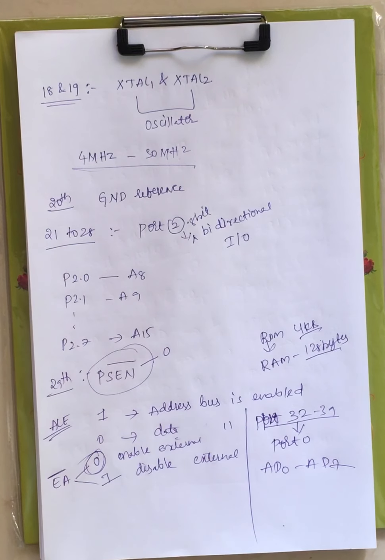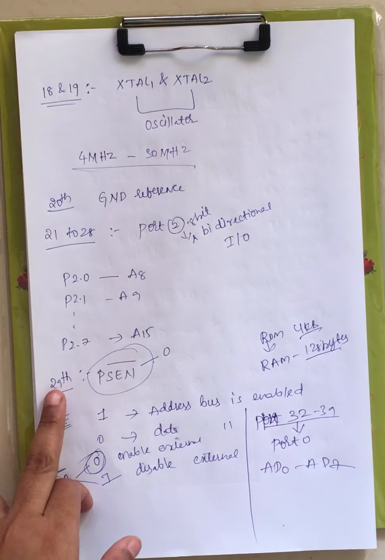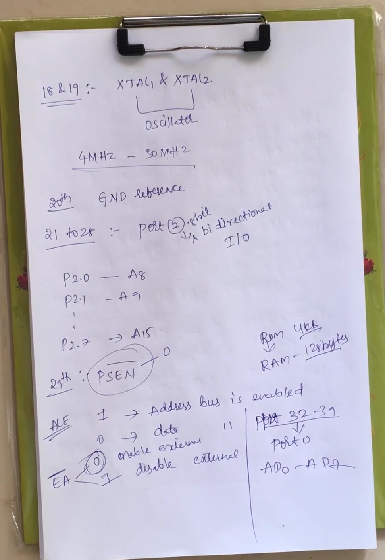Pin number 21 to 28 are given to port 2, right? It is an 8-bit port, and it is also a bidirectional port. In addition to input output function, it can carry higher order address. That is, the special function allotted to port 2 is higher order address lines, that is A8 to A15, right? Now coming to the 29th pin. The 29th pin is program store enable, PSEN bar,